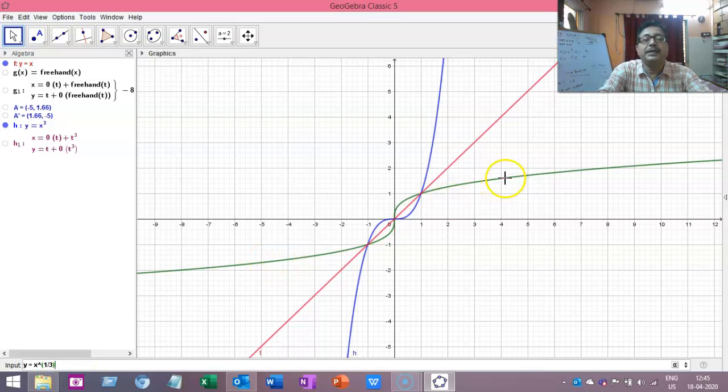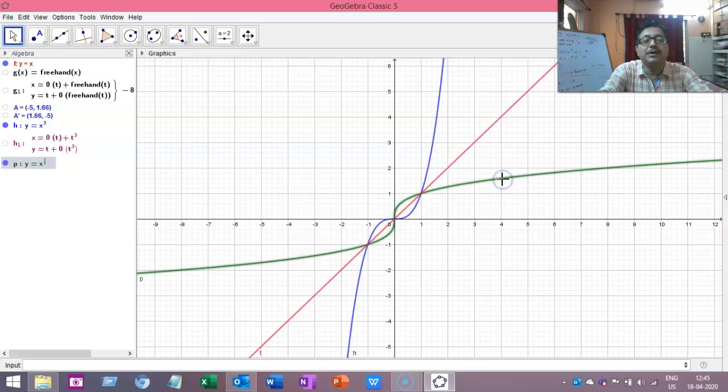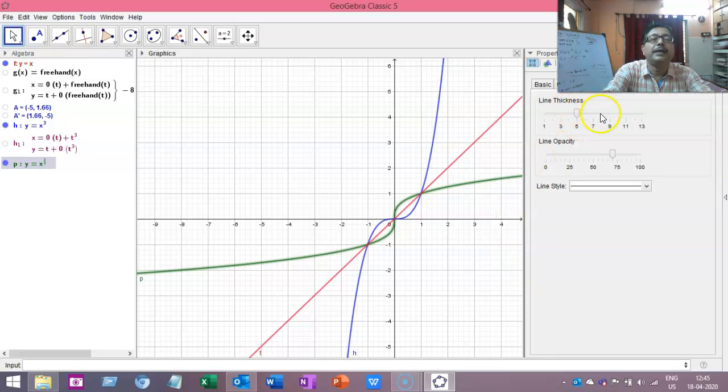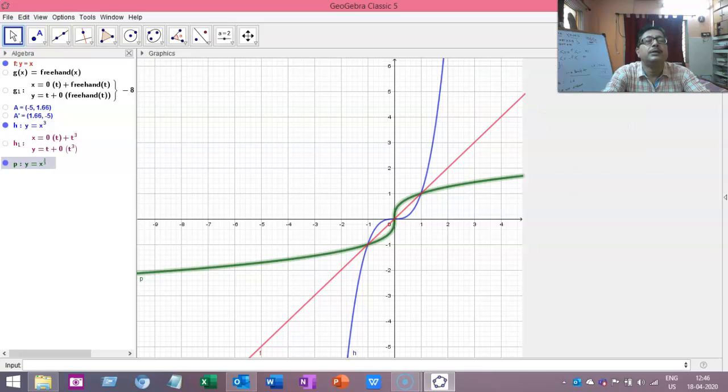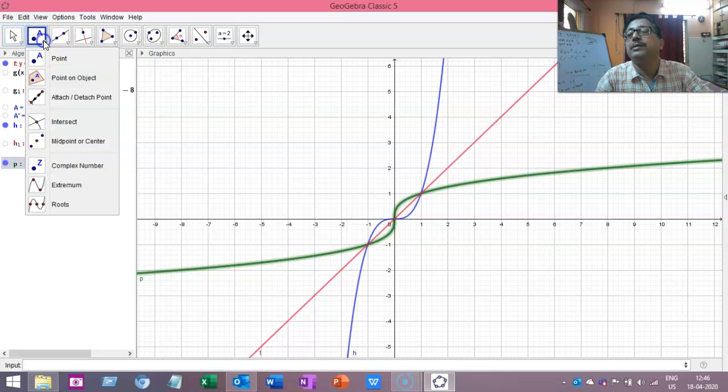Okay, see, we have got it already. This one has become green. This is again a reflection. How do you know this is a reflection of this one? Because if you take an arbitrary point on it, I make this style a bit thick. Yeah, it is more prominent. So if this one is y equal to x cube, this is going to be y equal to x to the power 1/3. Previously also we got the same thing by taking reflection about this. Now let us verify that if there is a point (a, b) on it, how it becomes (b, a). So I will be taking an arbitrary point here on the curve.